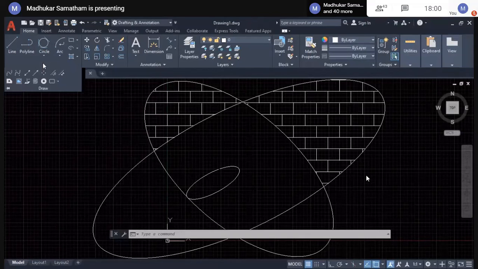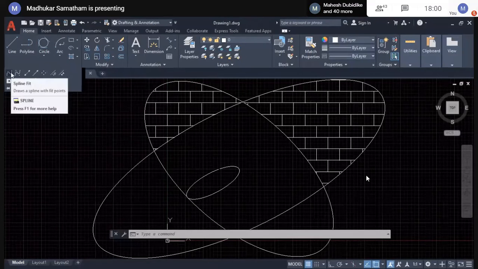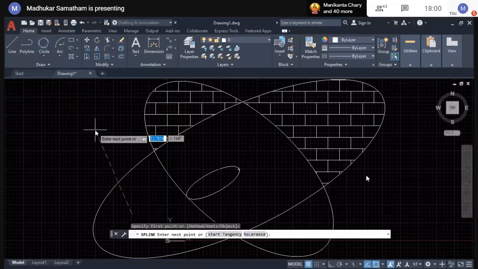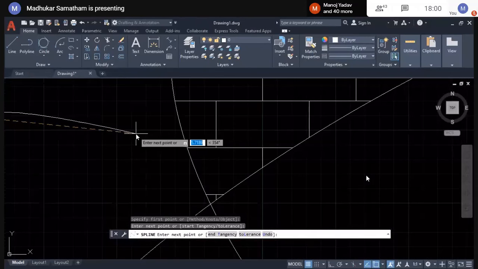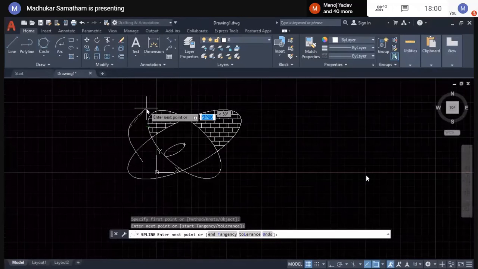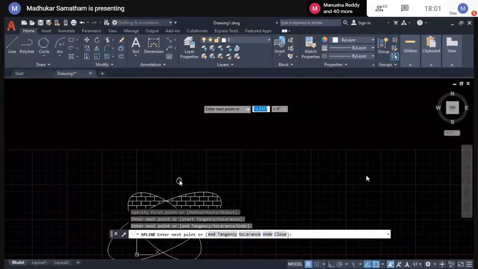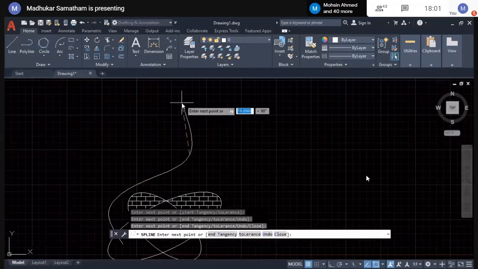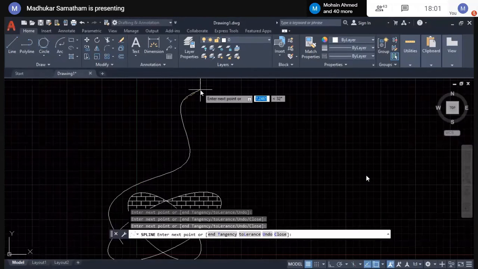Now here some other options are also available. You can see spline. A smooth curve is generated by joining those points, whatever points we selected.